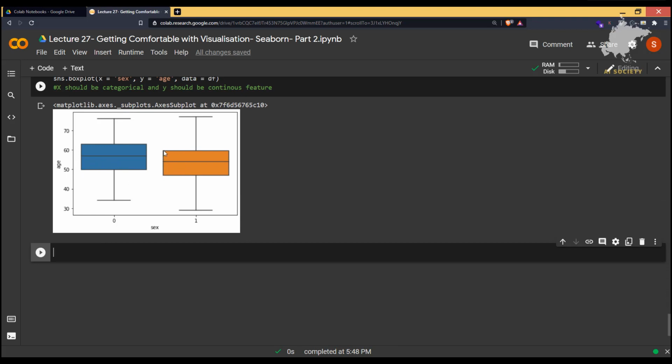This is the 50th percentile, this is the 75th, and this is the 25th. As you can see, this is the range for the male sex. In the female part, the median is above 55. That is what the box plot is all about, but there is much more to read. Right now it is very little, but in future lectures we are going to read more about this.